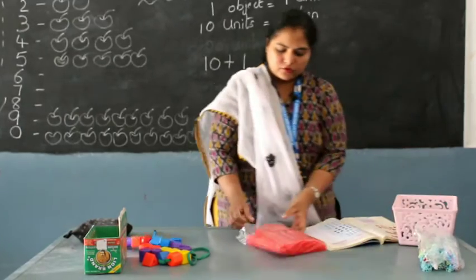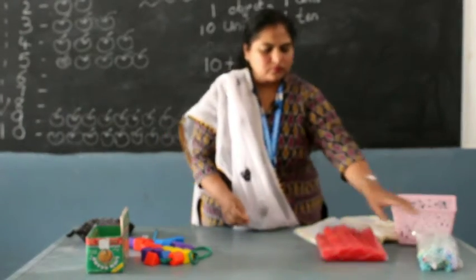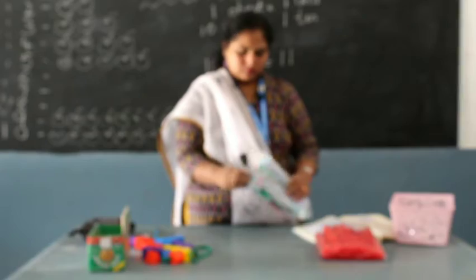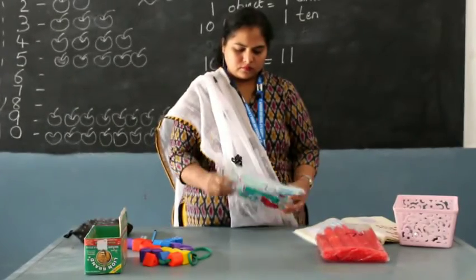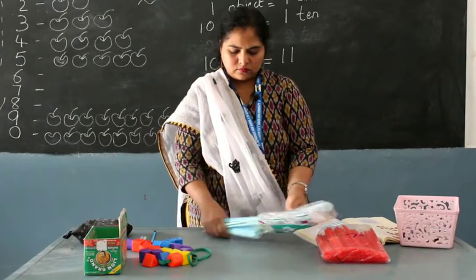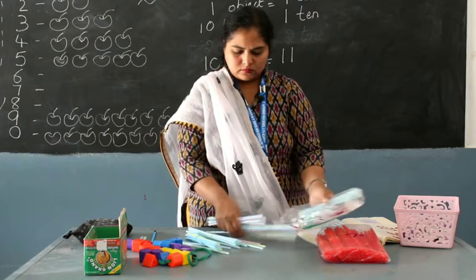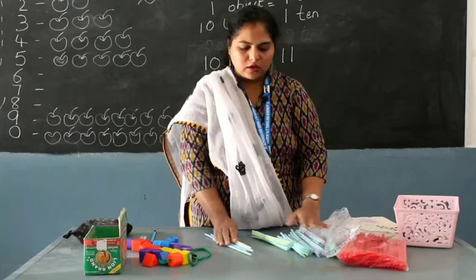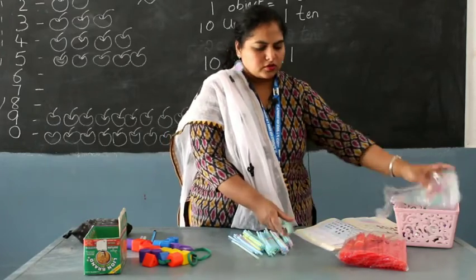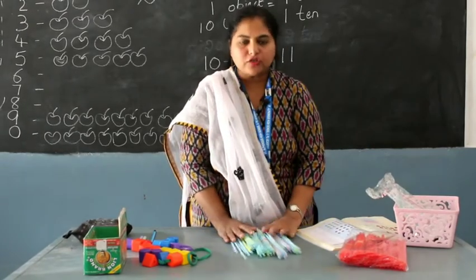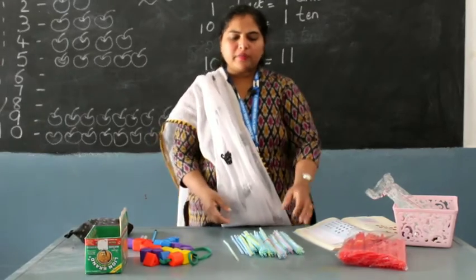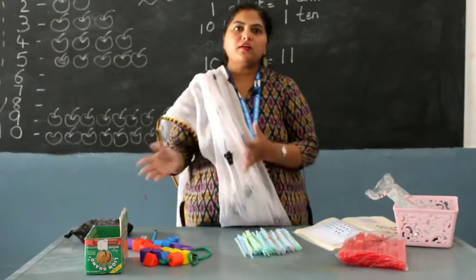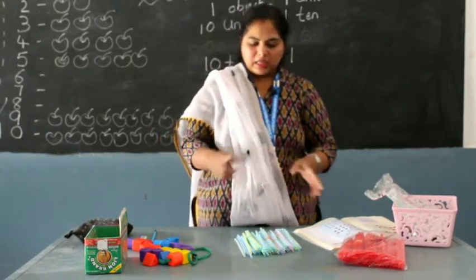So that's what I'm going to show you all in this. And I have lots of straws here. Now I have to count all of these straws. So I won't know how many I have. So I need to count, and I'll take a long time to count all these. If I have 100, 200, what will happen? I'll have to keep counting.